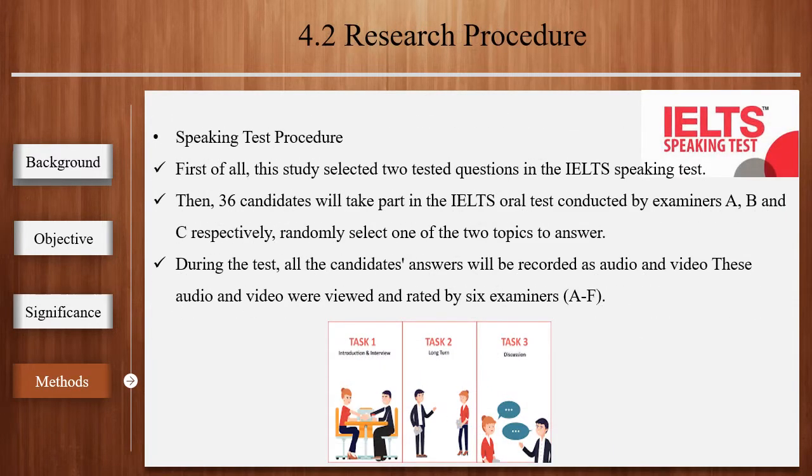After knowing the test participants, let's take a look at how the research is carried out. First of all, this study selected 2 test questions in the IELTS speaking test, which are about interest and party topics respectively. Then 33 candidates will take part in the IELTS speaking test conducted by examiners A, B, and C, respectively. Randomly select one of the 2 topics to answer, and then the examiners will score the second and third